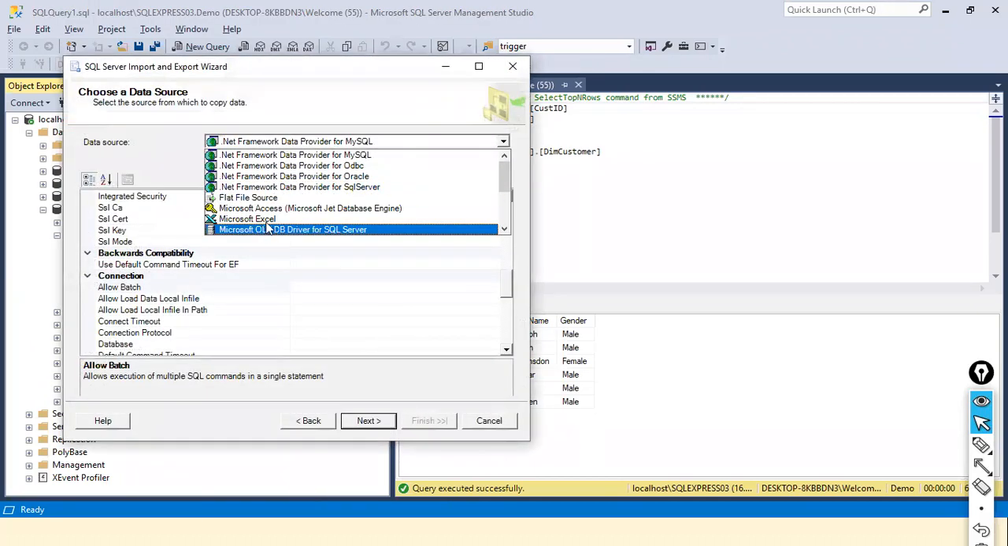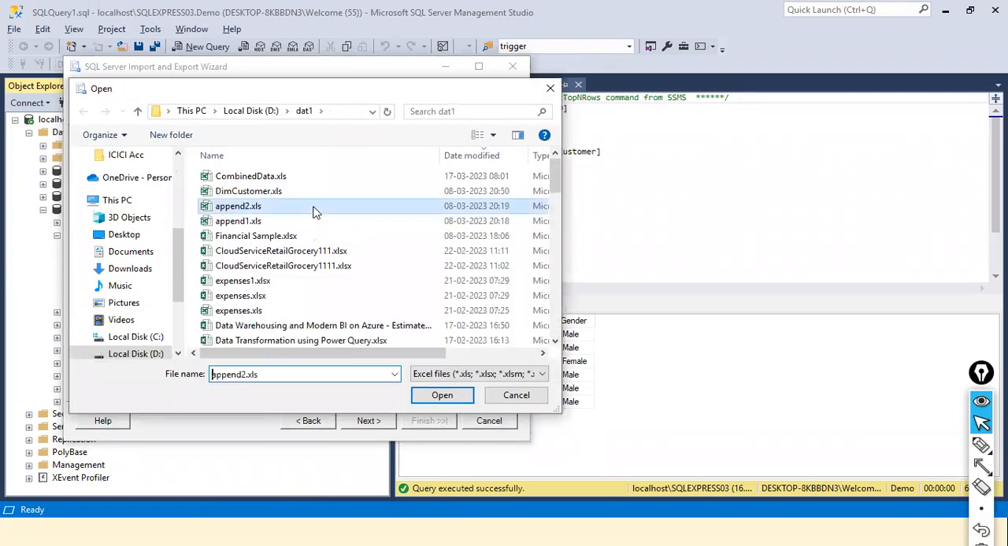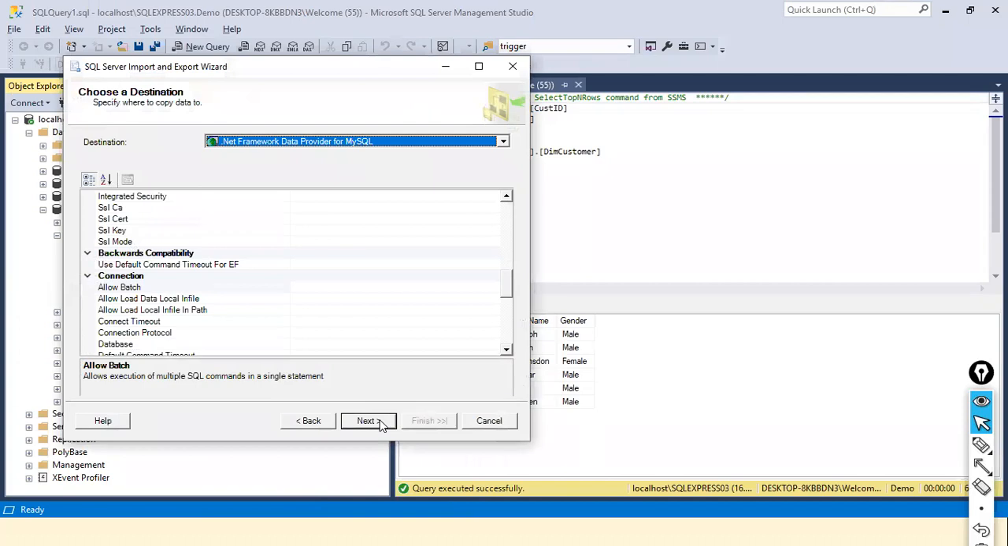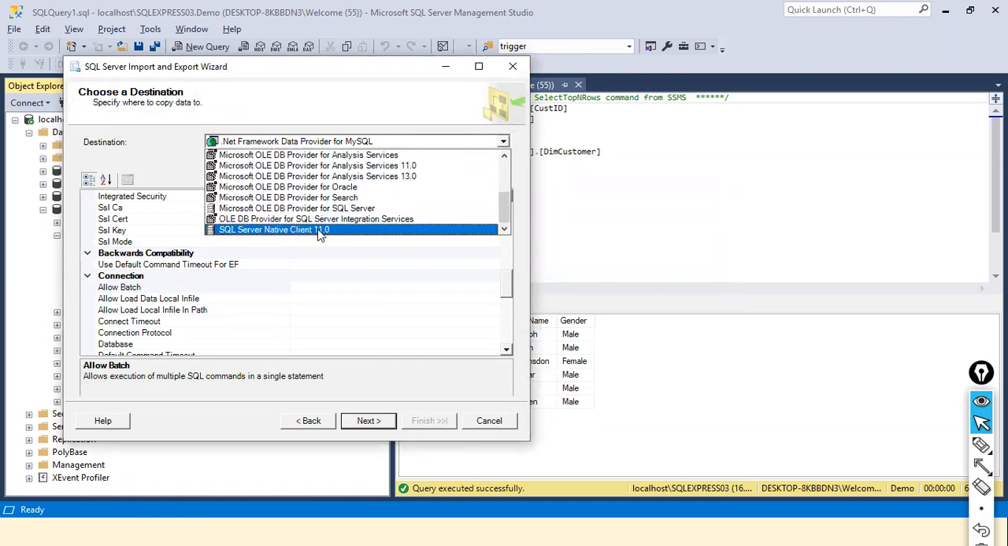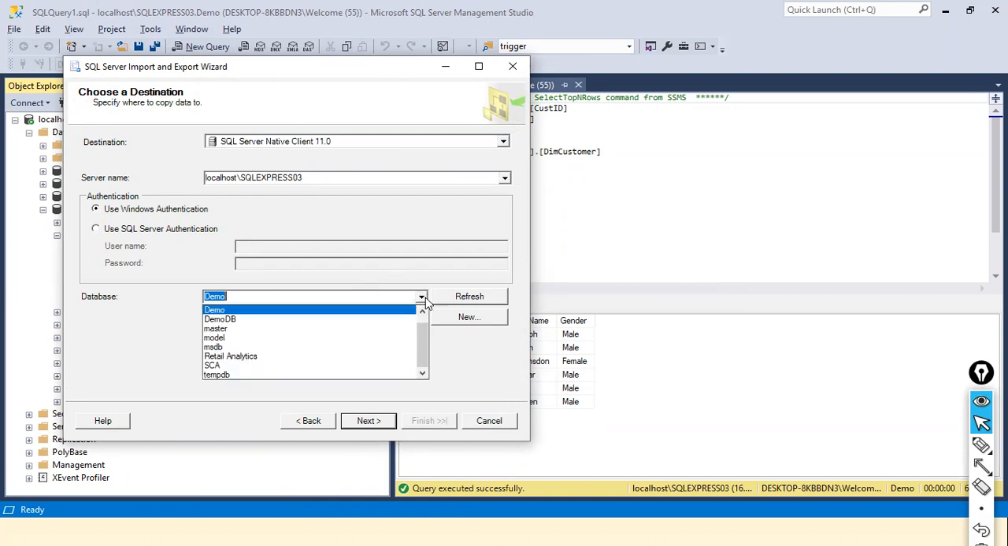Here you need to select Microsoft Excel, and then click on Browse and select salesfact.xls, and open it. Next, here you need to specify the destination. Okay, this is the driver, and demo DB. If you want the Excel data to be loaded into another database, click here. Okay, you have different databases. No, I wanted to load this file into this database. Fine. Next,